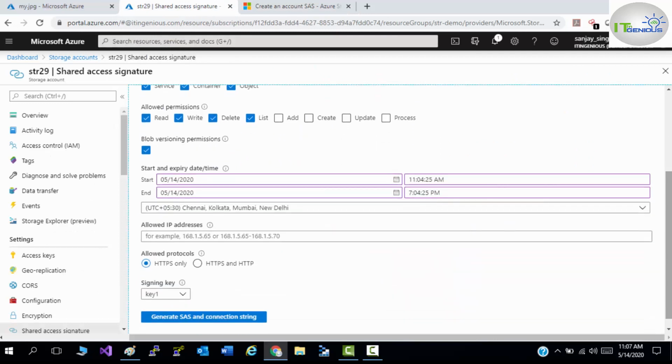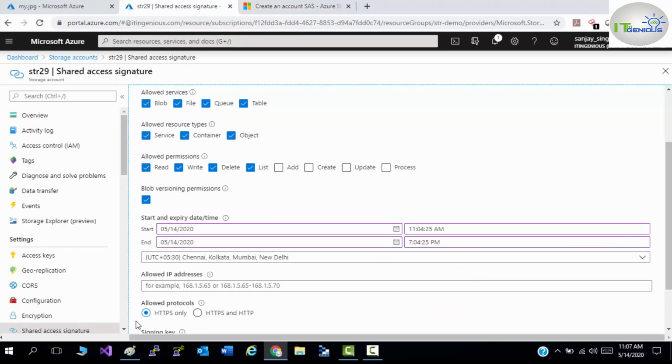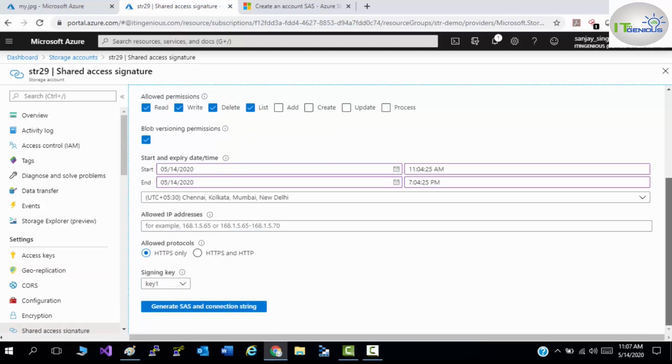Through SAS you can manage your permissions more granularly rather than using access keys. Rather than sharing access keys, you can create a SAS signature which will use your access key for your token. You can specify your start time and end time for this signature, so it will be valid for the given time. There's a time restriction also.